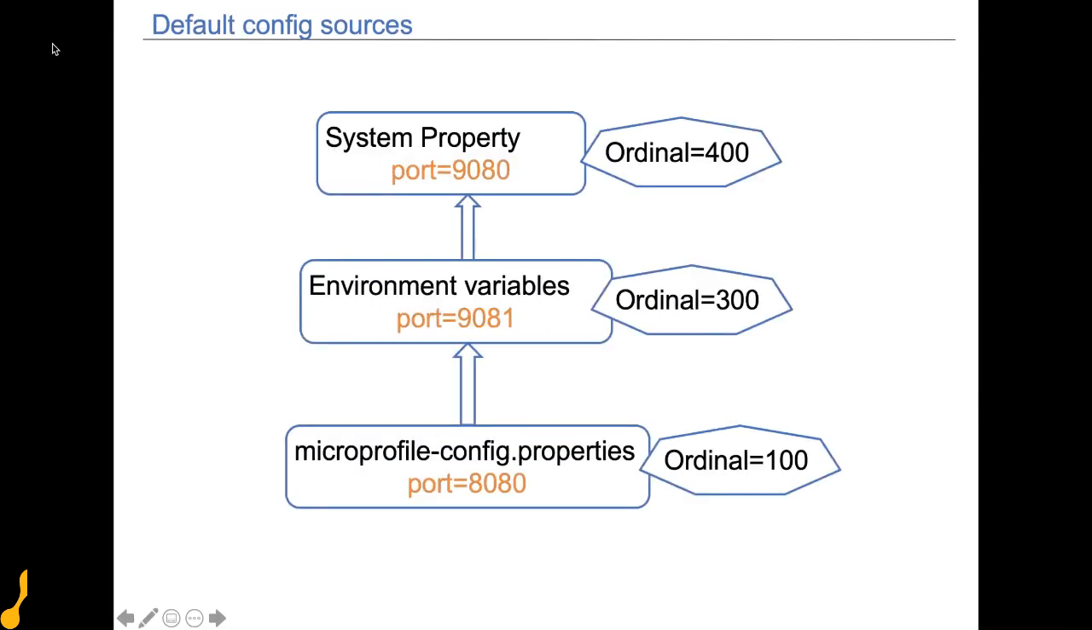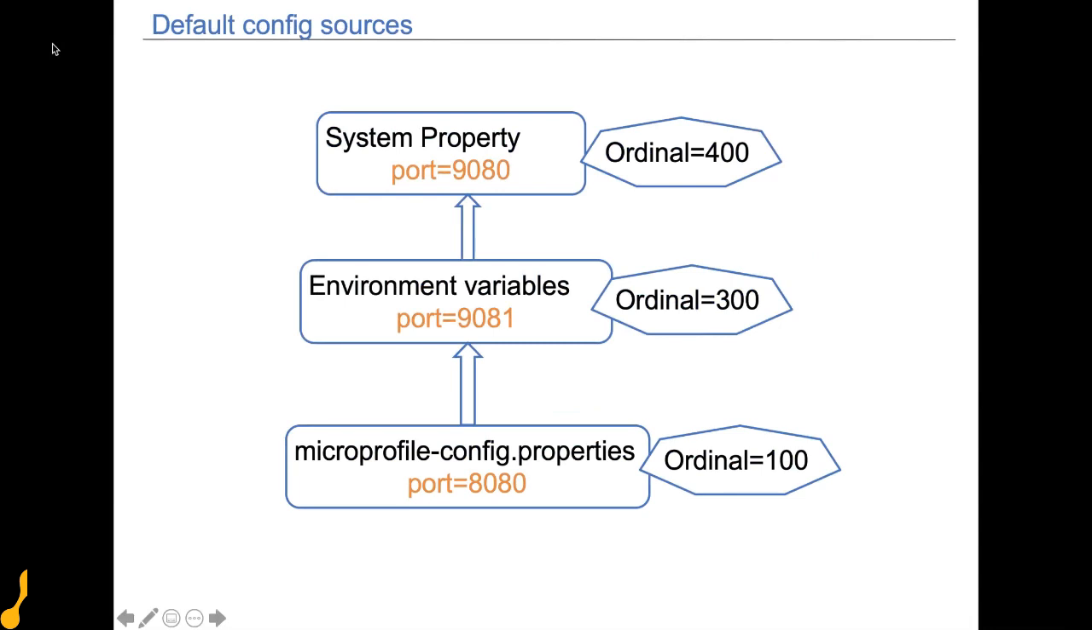In MicroProfile Config, out of the box, we provide 3 default config sources. The first config source is the file called microprofile-config.properties on your classpath. For the war, it will be in WEB-INF/classes/META-INF/microprofile-config.properties. For the jar file, it will be in your META-INF/microprofile-config.properties. And then the second one is the environment variables,